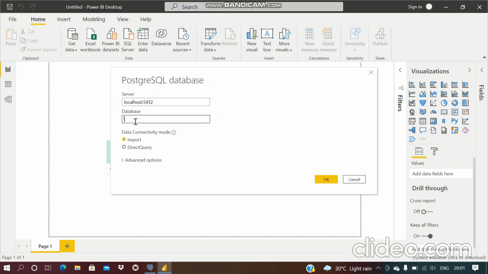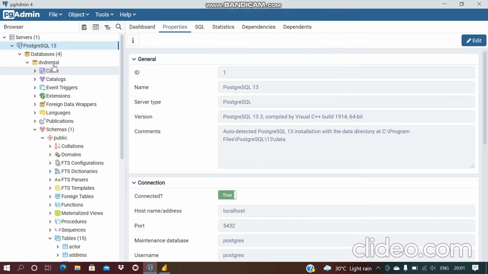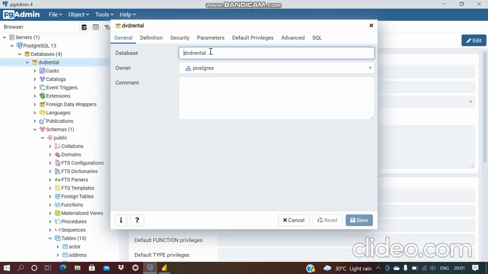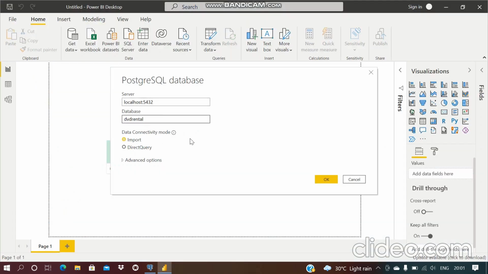Database name is DVD rental. So here we can see the database name. This is our database name. In properties you can just copy directly from here. DVD rental. In the data connectivity mode, for now just select the import option. Okay,